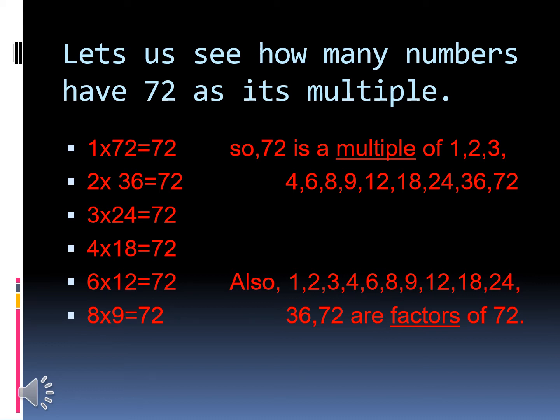So it is divisible by 3. So 3 into 24 is equal to 72. Now you see the multiplier was 2 earlier, now it became 3. And the multiplicand was 36, now it became 24. So the multiplicand is decreasing. So you don't have to check the numbers, check the tables from